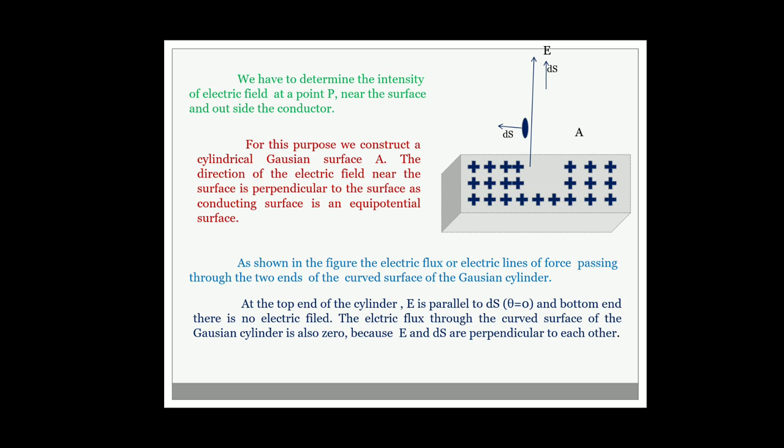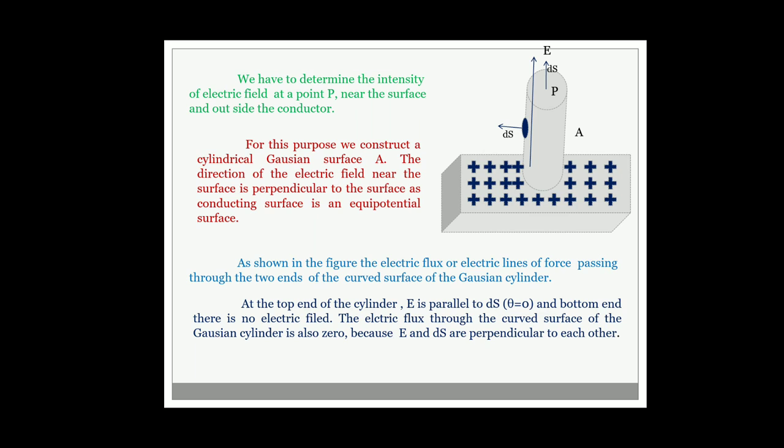Here you see, in this diagram there is a charge sheet, and this is the Gaussian surface in the shape of a cylinder. We can draw a cylindrical Gaussian surface, taken as A. The direction of the electric field near the surface is perpendicular to the surface, as a conducting surface is an equipotential surface. According to this, we know the lines of force or electric flux